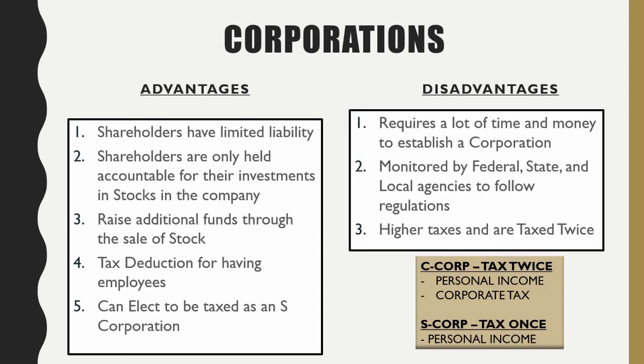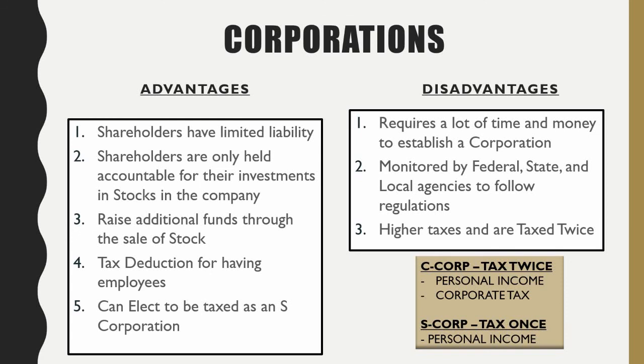When you're a C corp, you get taxed twice, meaning you get taxed on your personal profits as an owner of the corporation, and you also pay income tax. So the company gets taxed twice. But if you apply as an S corp, you only get taxed once, and usually it's the personal income tax. So if you do receive profits from the corporation, you just get taxed on that. So that's the difference between the two types of taxation: C corp you get taxed twice, S corp you get taxed once, and that falls under the advantages